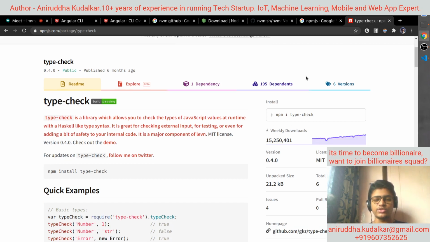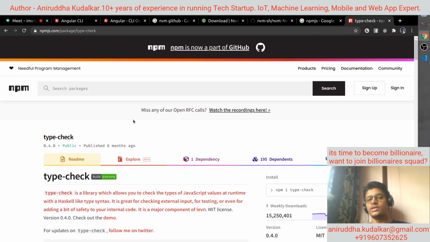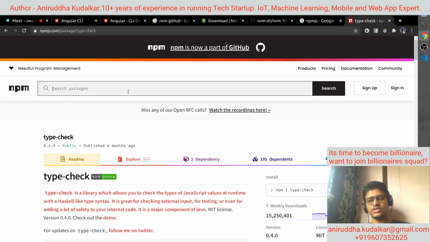So when you say npm install and the name of the package, this package name should be available on the npm registry. Can you see, search packages where? On the npm registry. So this software, you can call it the npm registry, where multiple JavaScript developers put their packages so that other people can access them.